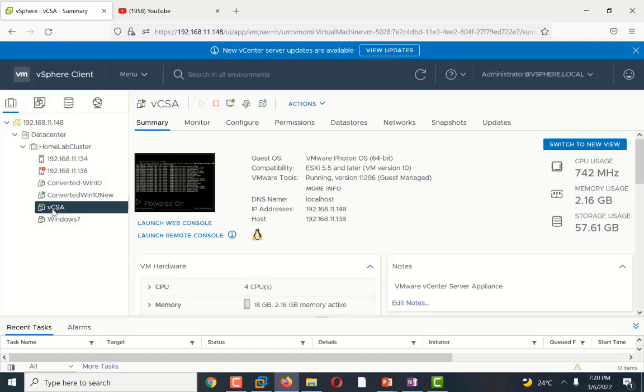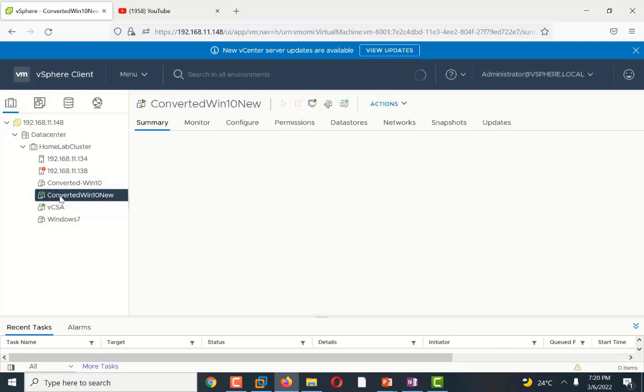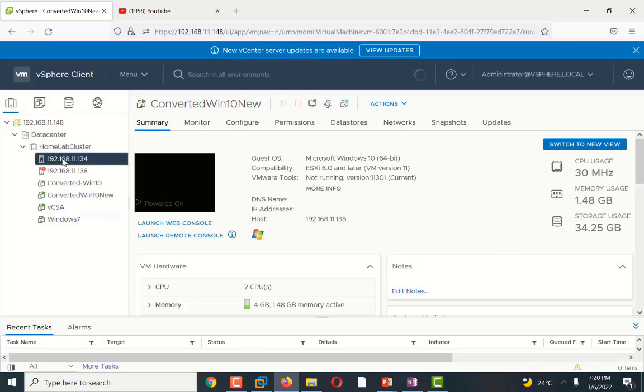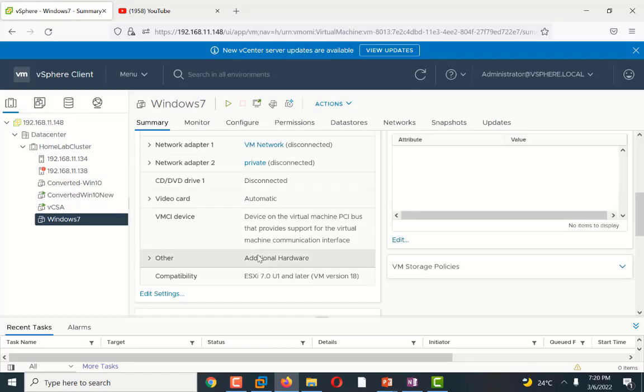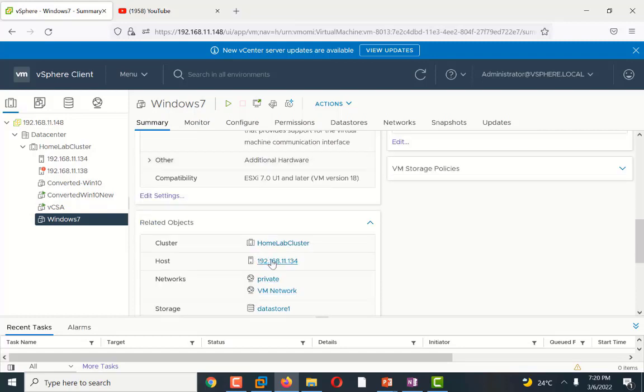As you can see, this Windows 7 resides on my first server, on local datastore 1. I will create a new iSCSI target and move this VM to the iSCSI target on a shared datastore.